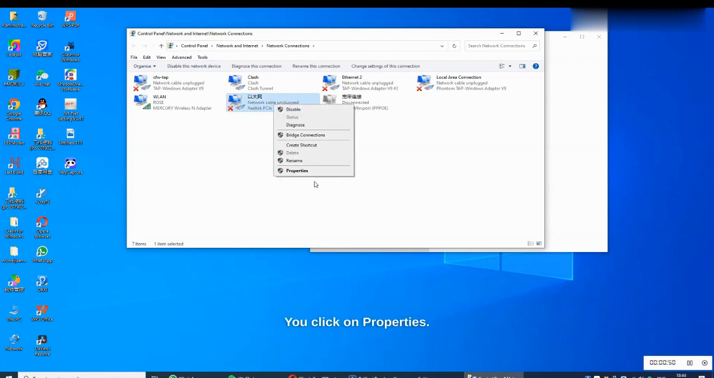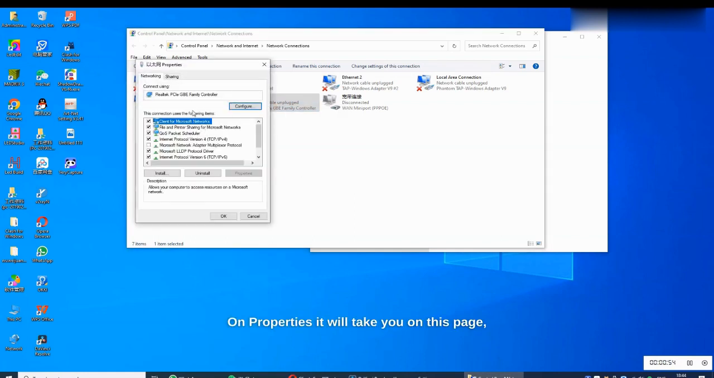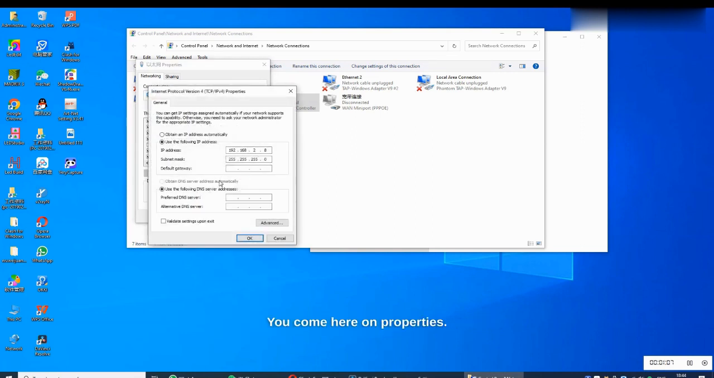You click on properties. On properties, it will take you to this page. On this page, you click here where it's written Internet Protocol version 4. When you click here, then you go to properties. You come here on properties, then you can see the IP address. So this is the IP address you need to set. So to set the IP address, first you need to remove the IP address, then you click here, then you set the IP address, which is